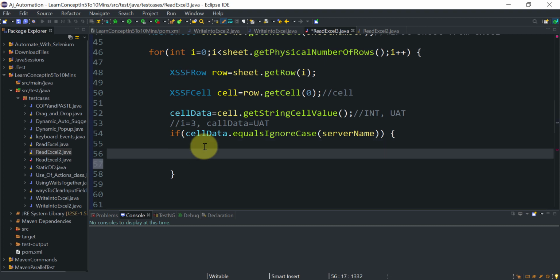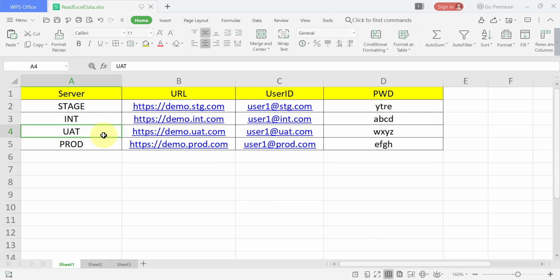Now what we have to do: once we get our desired server, we need to get the URL value, user ID value and password value, right? So String URL equal to, now I know the URL is available at the first cell. For every row, the URL value is available at the first cell, then the user ID value is available at the second cell, and the password is available at the third.